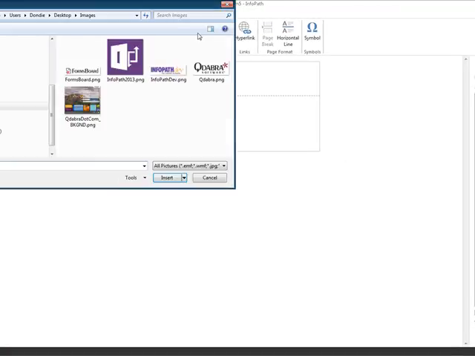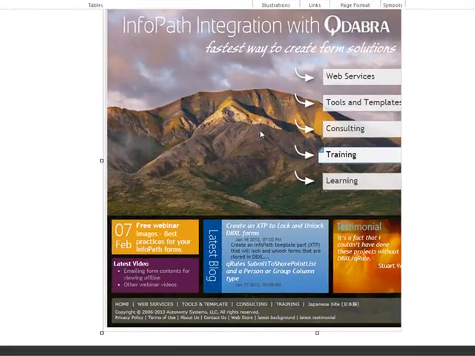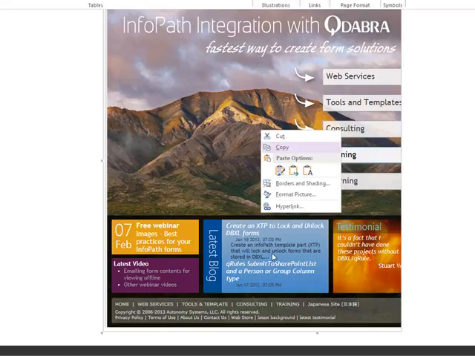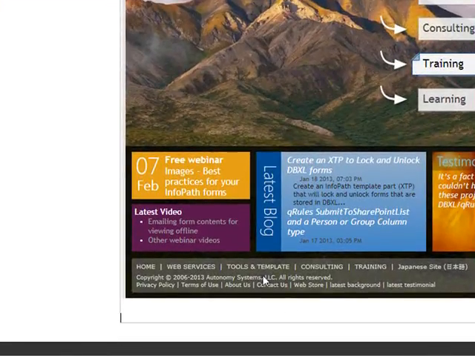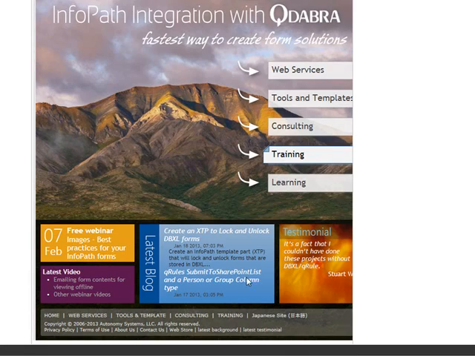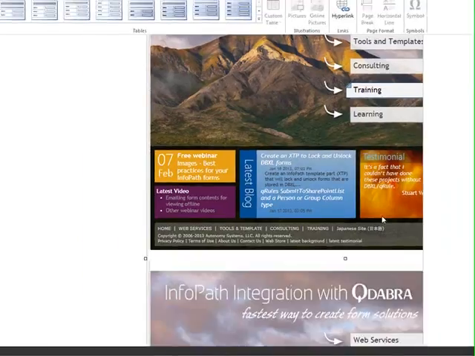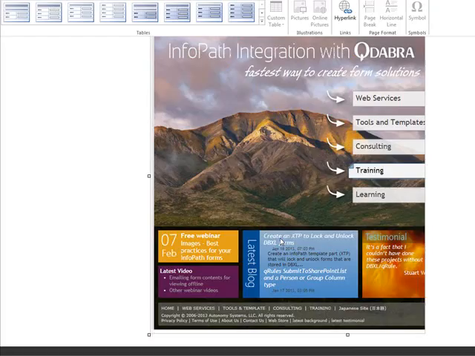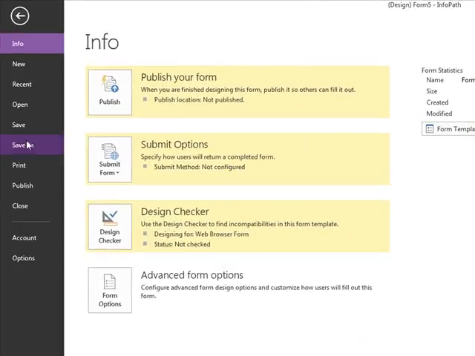Now I'm going to create a blank form here and use the insert picture approach and select an image here. Right now we only have one image, but if I copy this image and insert another one right here below, the form is going to create a new copy of this image, which will become the duplicate. Now, if I save this,